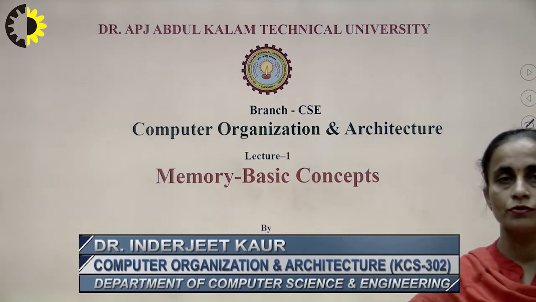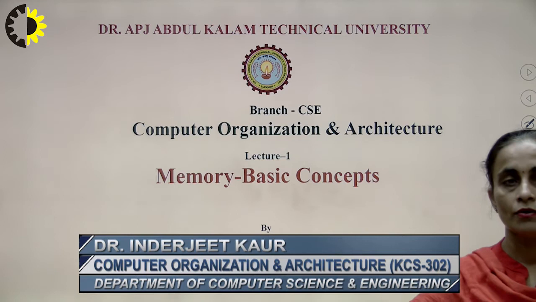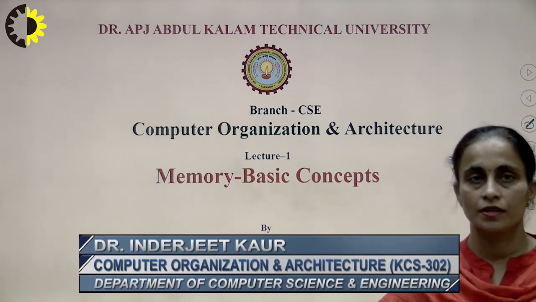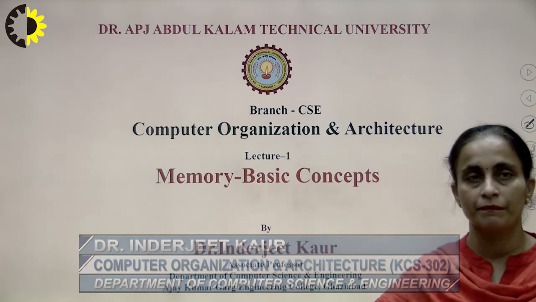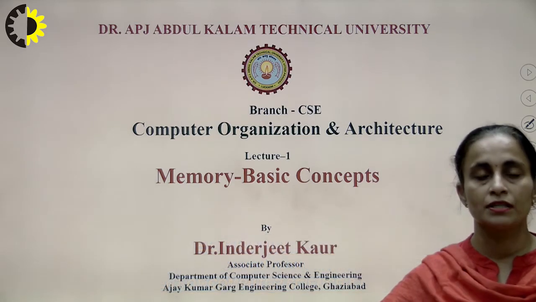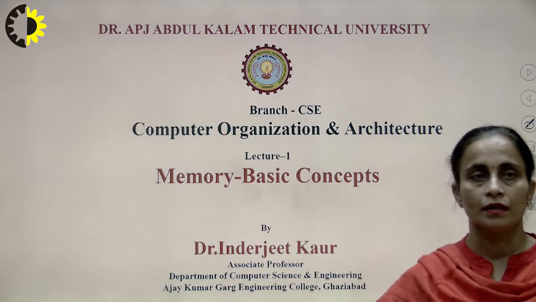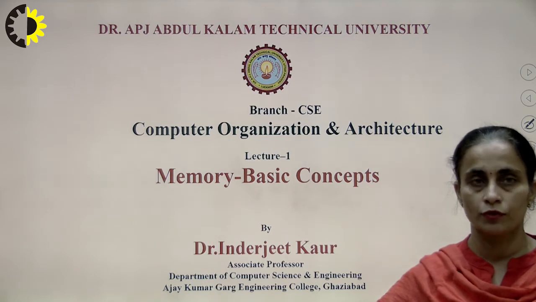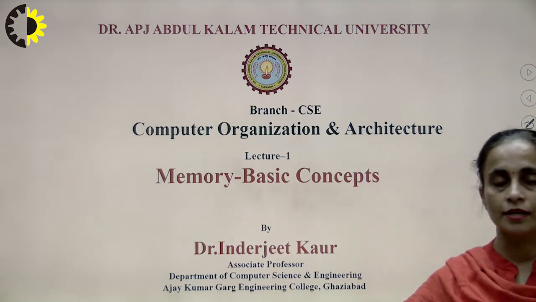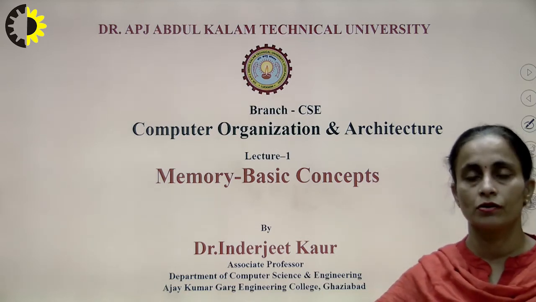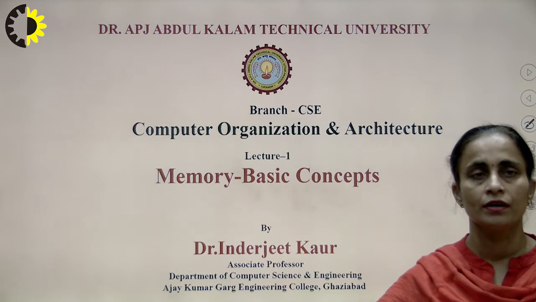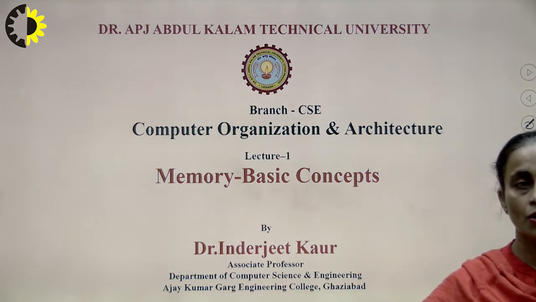We started with the difference between computer organization and computer architecture. Then we moved on to the bus architecture, how the bus transfer and register transfer takes place. Then we discussed the addressing modes, different types of number representation, fixed point numbers and floating point numbers. Then the different arithmetic operations that can be performed on these fixed point and floating point numbers. Then we discussed the control unit, the two types of control unit, that is the hardwired control unit and microprogrammed control unit, and then RISC and CISC architecture.